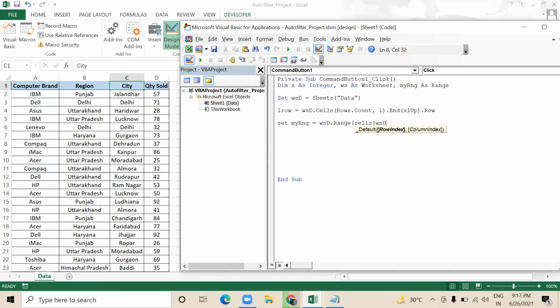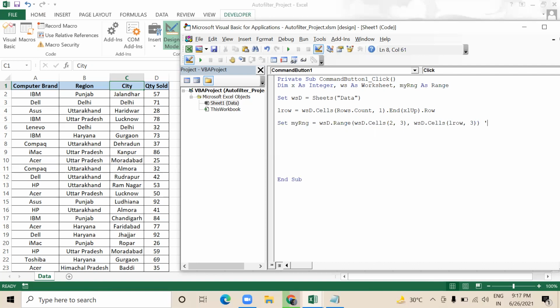So WSD.Cells(2,3), comma, WSD.Cells(last row, 3). This is my dynamic range, guys.